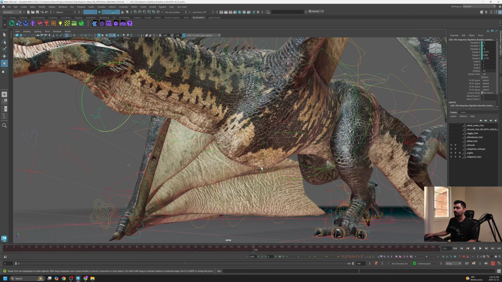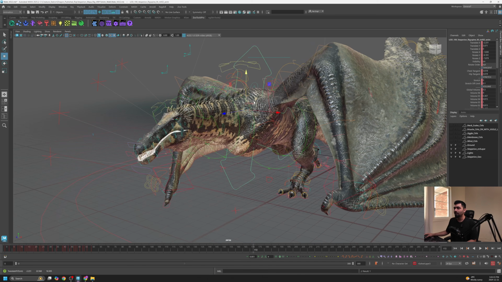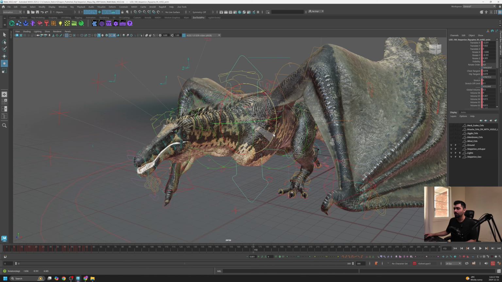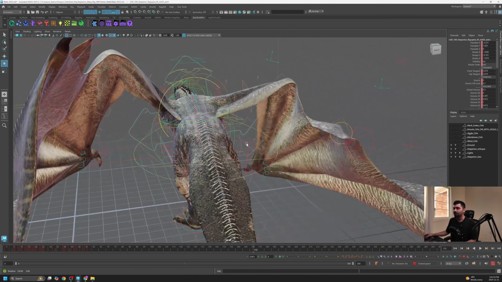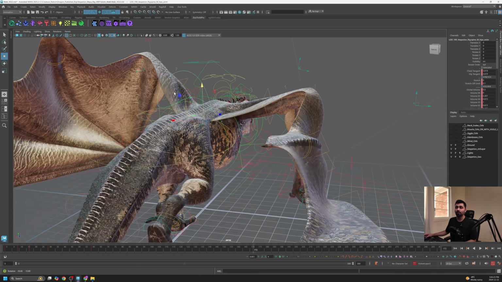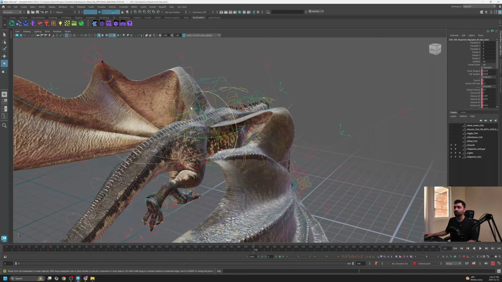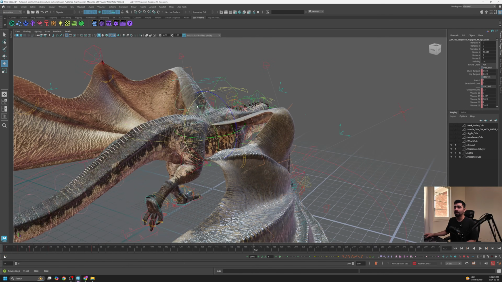It's the same story with the spine. You have this IK controller, so you can use this IK to move the spine up and down, to add all kind of rotations. You also have this reverse FK controller. So sometimes when this dragon is going to fly, I think this reverse FK controller is going to work really nicely, which means we will be able to animate this dragon